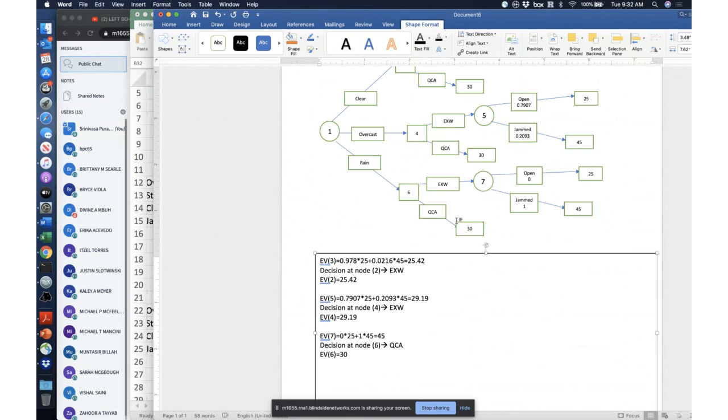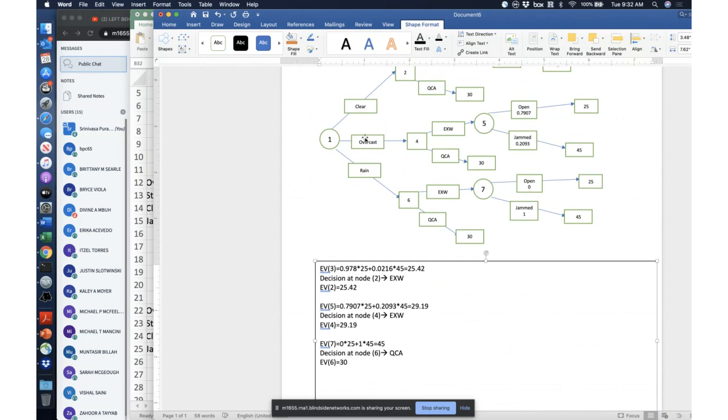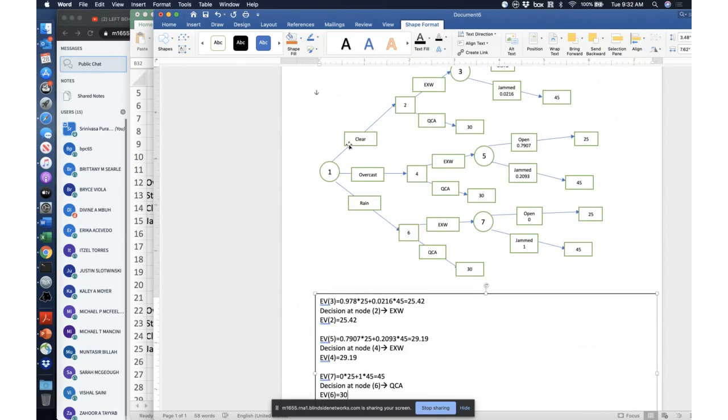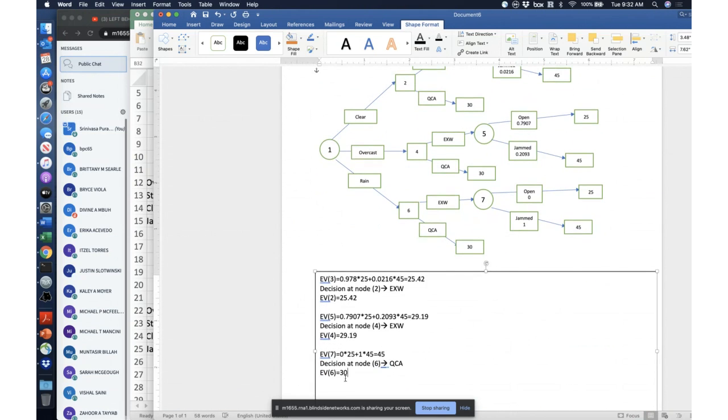Right? So what's the decision? The decision is, if the skies are clear or overcast, then take the expressway. If it's raining, take Queen City Avenue. If the skies are clear, it's going to take you 25.42 minutes to get to the office. On an average, if it's overcast, it's going to take you about 29.19 minutes to get to the office. But if it's raining, you should take Queen City Avenue, in which case it'll take you 30 minutes to get to the office. You can also calculate